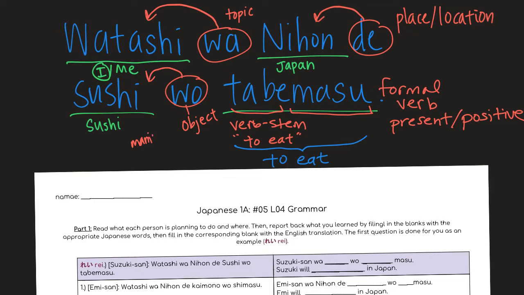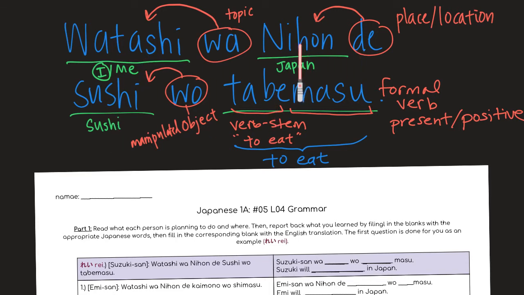Say manipulated object. And then again, tabemasu means to eat. So if we break it down, we're saying I eat sushi. So sushi is being manipulated, it's being eaten, so we use wo. So I eat sushi